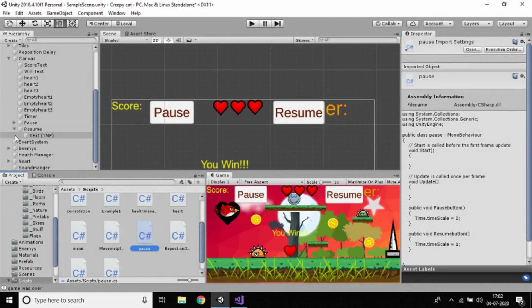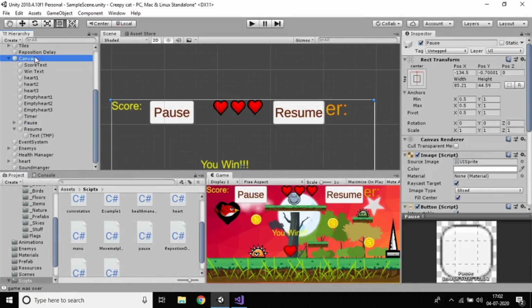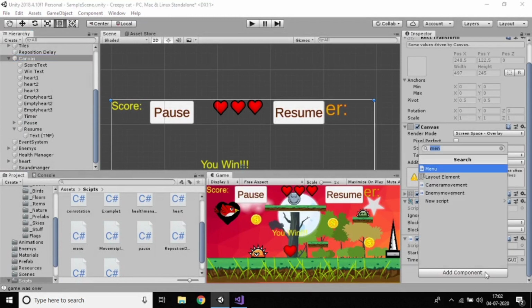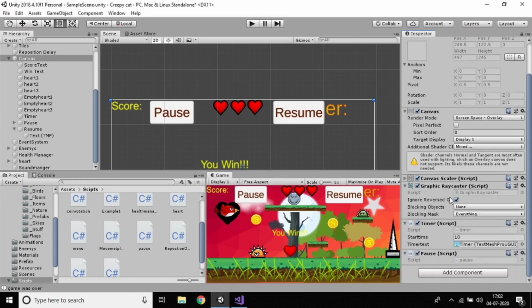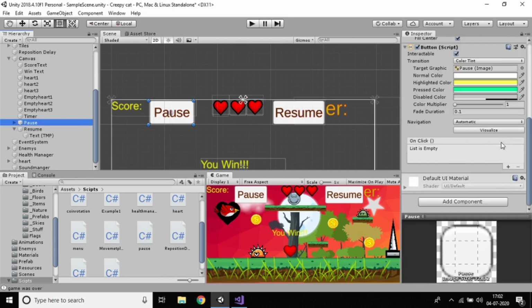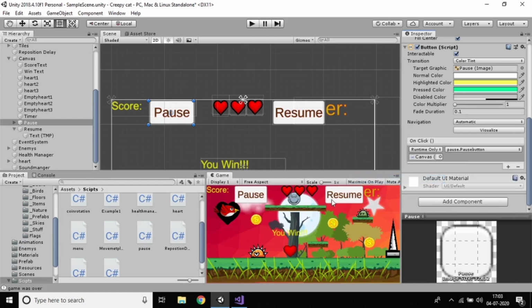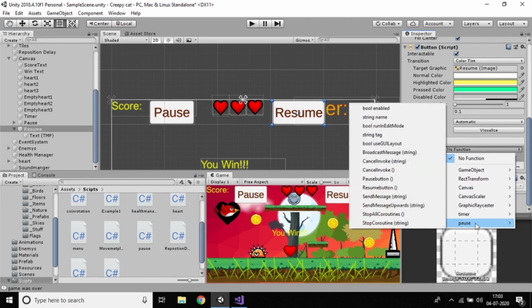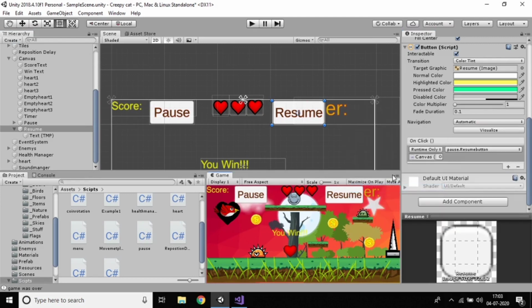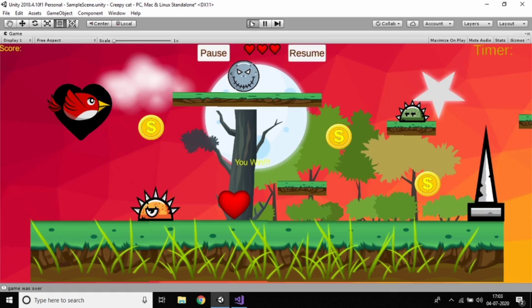Now go to the canvas. First of all, we need to add the script, right? So just add the script and name it pause script. We're done with the pause script. Yes, of course, it's added. Now just drag this canvas here and keep it here, and assign it to the pause button. And now for resume, just drag this one and drop it here. Drag the canvas and drop it, and make it the resume button. Now we can check how it works. Just maximize and play here.